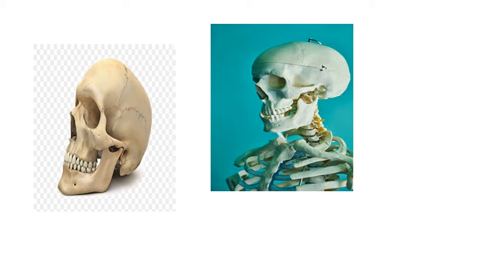So, in the picture you can see the skull. This is a picture of the skull, the bones of the brain and the head. The skull is made out of many bones. These bones are joined together, and it is the most important part of the body. It protects the brain. That's why the skull is very important.